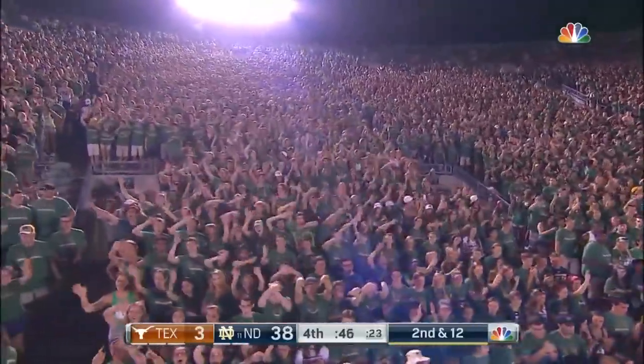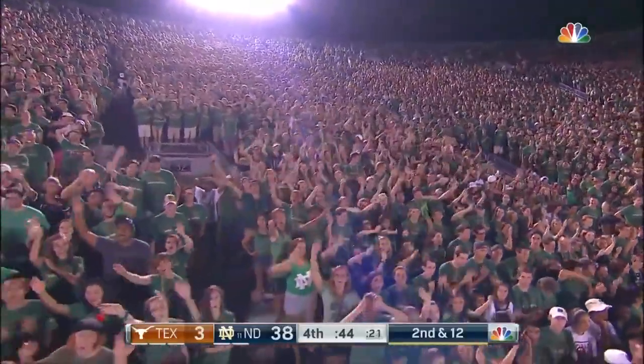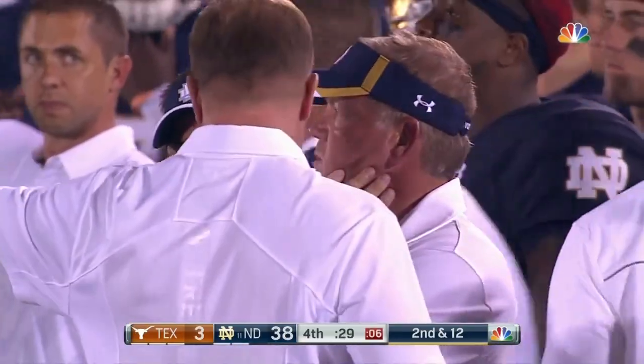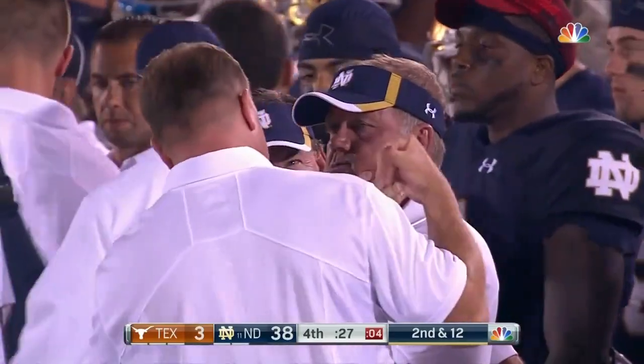Texas knew it would be an uphill battle. They knew coming in they were a little bit outmanned. They had young players, but I'm sure Charlie Strong expected a better showing than this. At least generate some offense. They had one big play in the pass game down the field, and that was about it. So frustrating. They knew they were in a tough spot, but in all of our conversations with him,